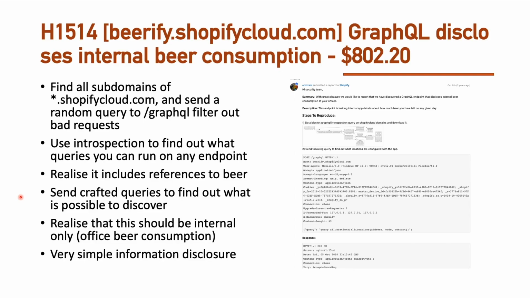And find out what it's possible to discover. And then realise this should be internal only. And show office beer consumption. And again, very simple information disclosure. When we break it down, it's